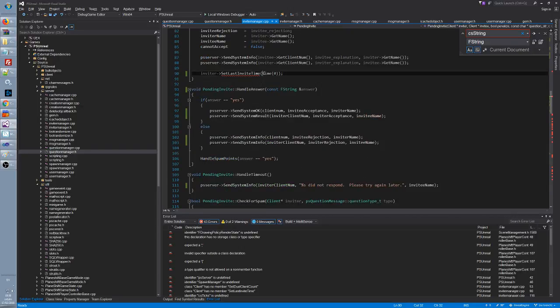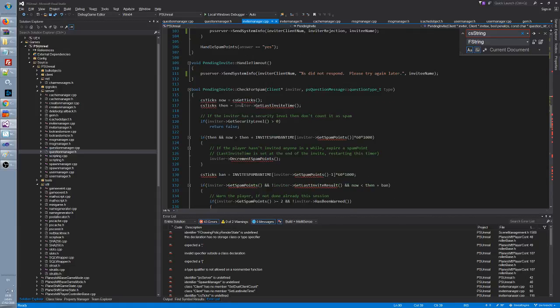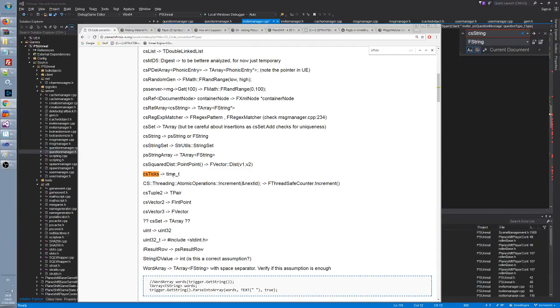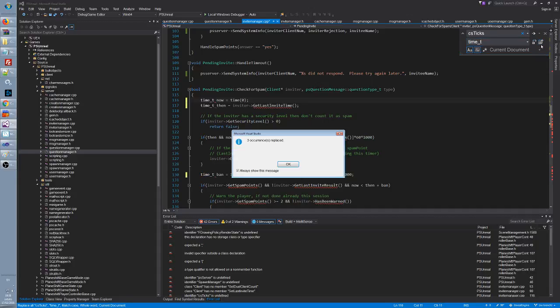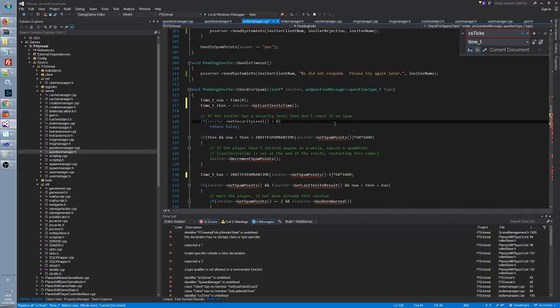There's another get ticks, which we can change this way. The other point is that CS ticks has to be changed with time t. With time t. This one I think we can do a massive substitution. We can just say CS tick to time t, current document matching. Yes. 3 occurrences. Okay, I think it was more. Then